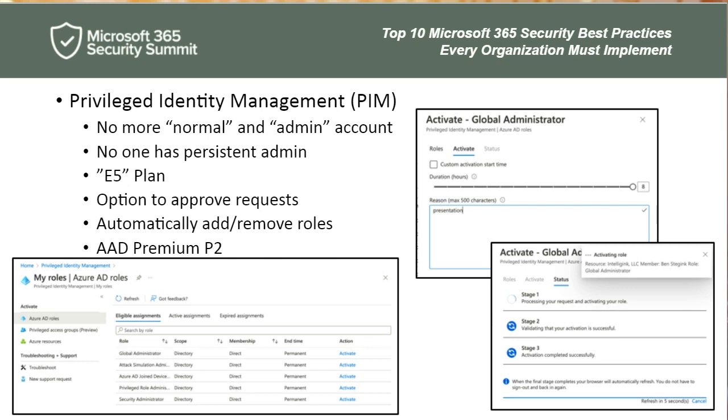Now, privileged identity management says account is not a persistent admin. 90% of the time, it's just going to be a normal account. You can do your email. You can log into Planner, SharePoint, whatever it is. You have normal rights. When you need to perform those admin activities, now instead of logging out, logging back in, and having to